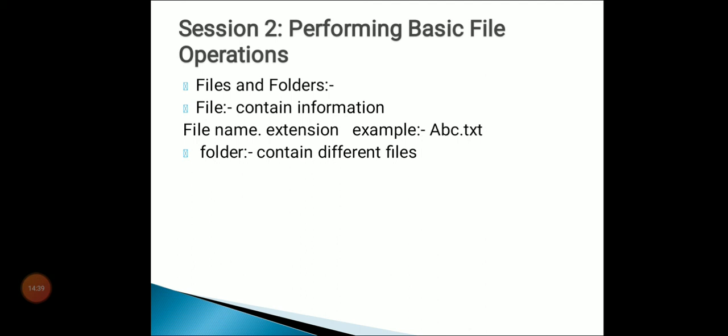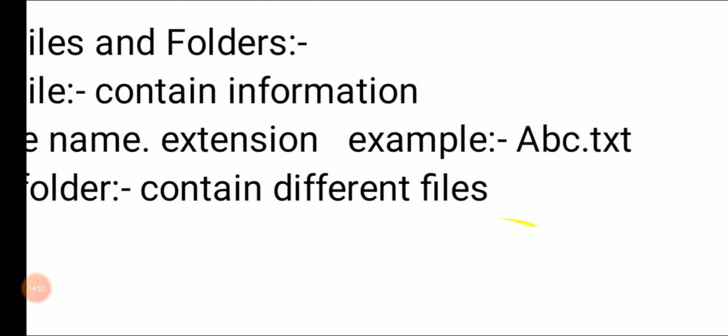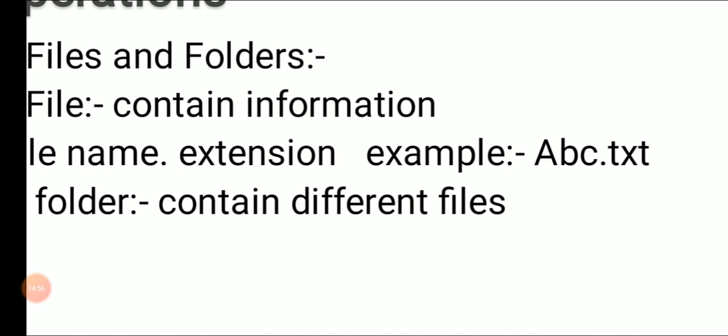File name we write like this. First you write down the file name, and then a dot separates the file name from its extension, dot extension. One example I have written here is abc.txt. .txt represents that this one is a text file. When we install MS Office in our computer, that MS Office has the package of Word, PowerPoint, Excel and so on, for documentation purposes.